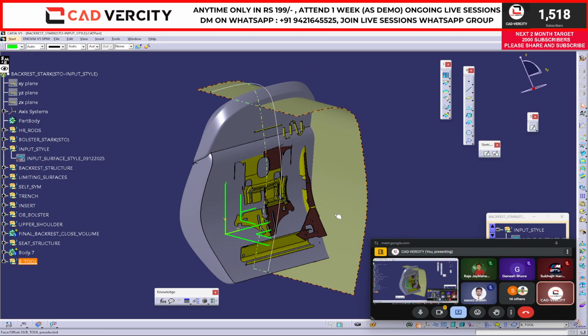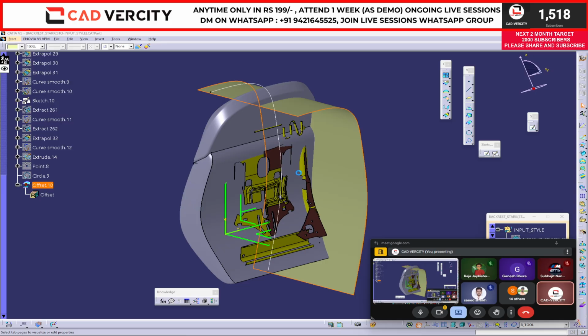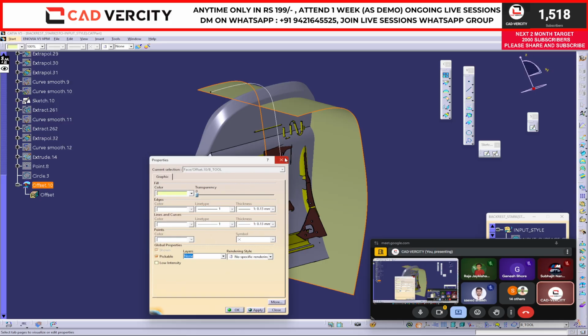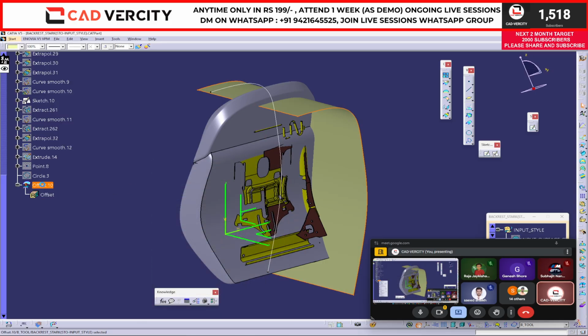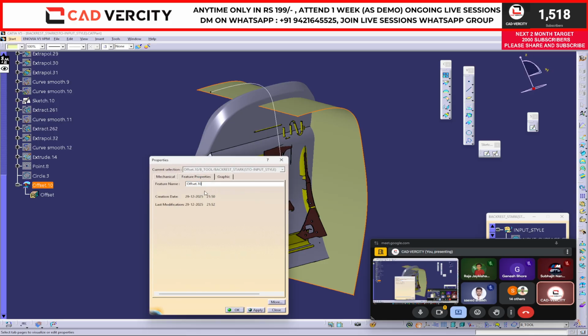Okay, let's do one thing. I will explain this topic once we finish our B tool. Let's hide this one. Let me rename this surface. Right click center graph, B tool limiting. Let's rename this surface. Right click, feature properties, offset, B tool